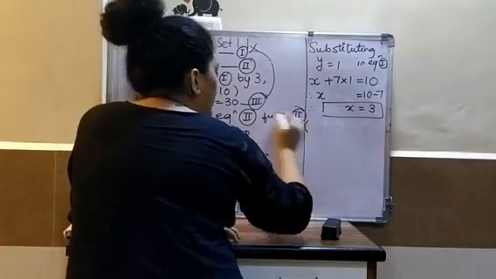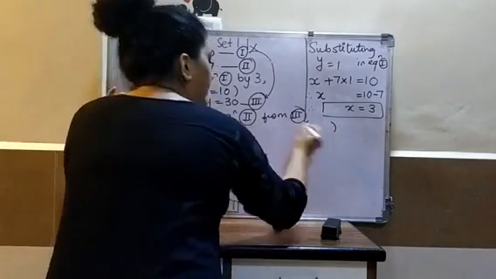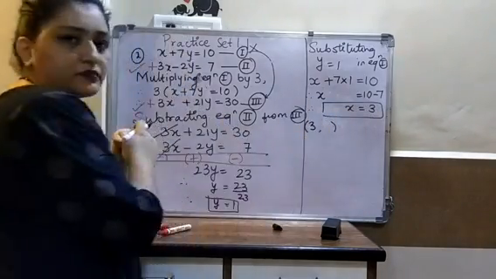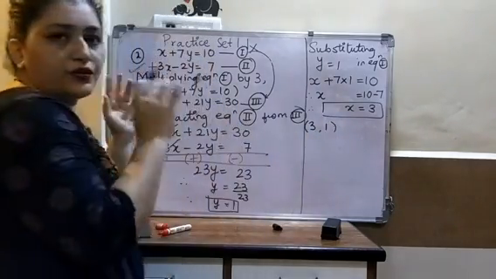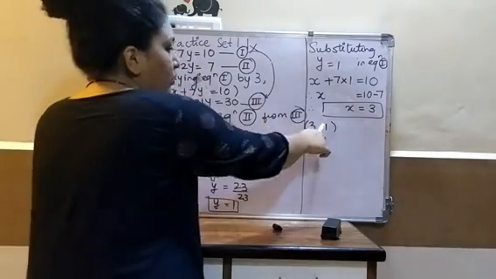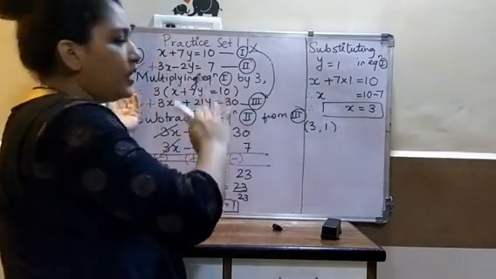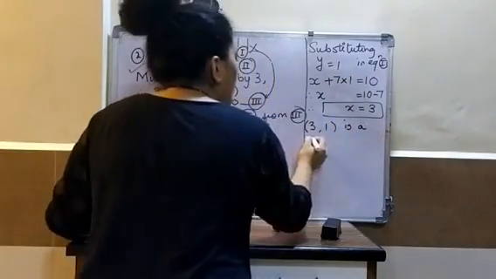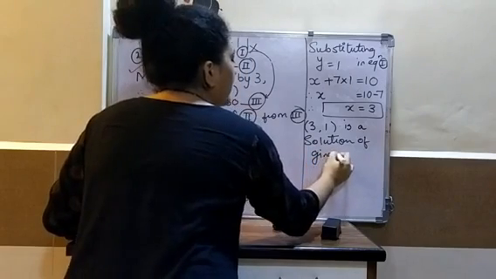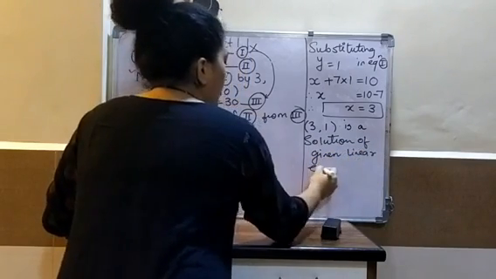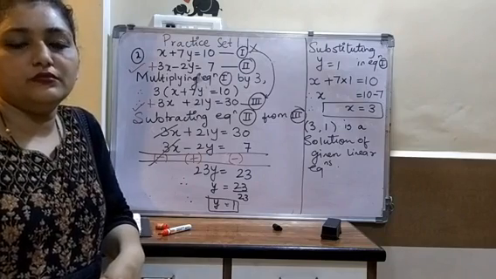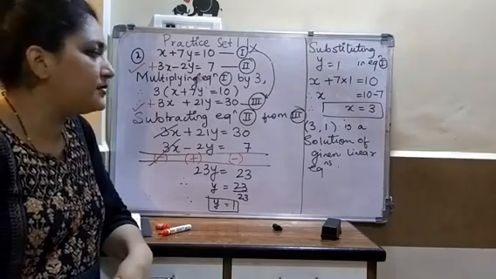Now you will just put a bracket, round brackets, and in that you will write down your solution. Okay, solution is x comes first, 3. Then comes y, 1. Okay, so 3 comma 1. If you are writing 1 comma 3, that is wrong. Why? Because 1 is the answer for y. So that you will write down only in the second place. So 3 comma 1 is a solution of given linear equations. Okay. Now obviously many people must have a doubt about what the solution actually is.